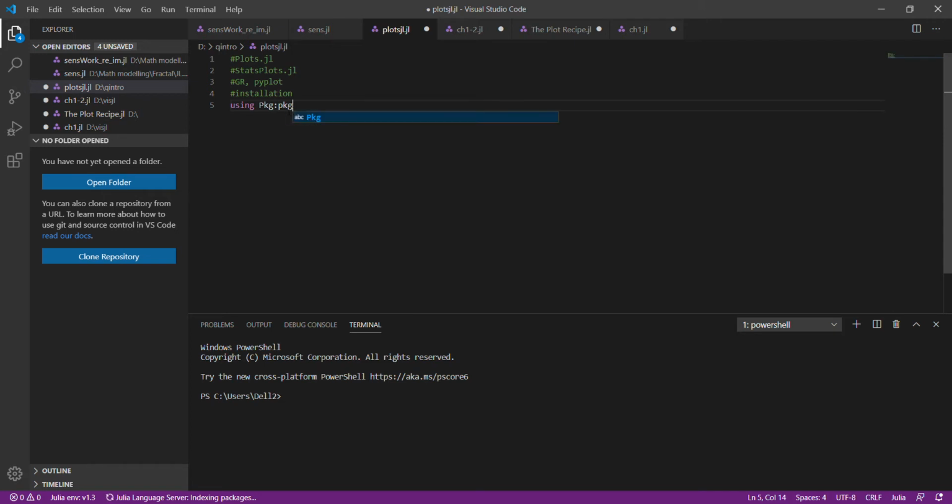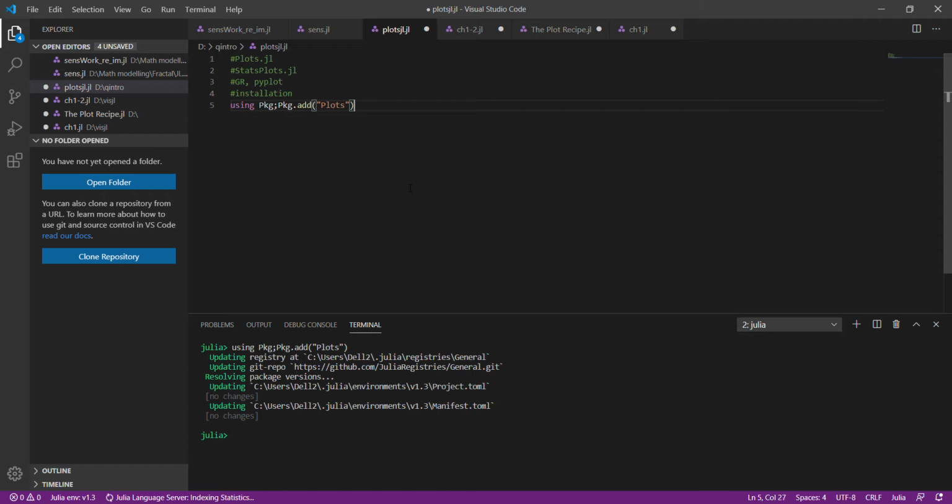Use Pkg.add, and here we have Pkg.add Plots. I'm using the latest version of the package because I think there are not enough tutorials about this latest version that are up to date, because the syntax and the backends actually changed a little bit during the update